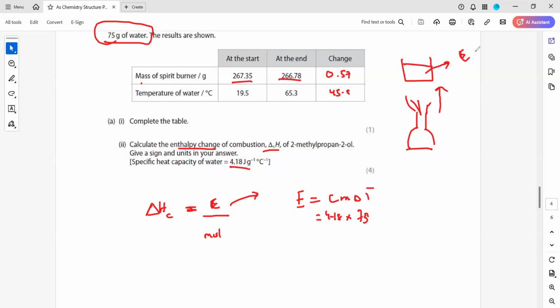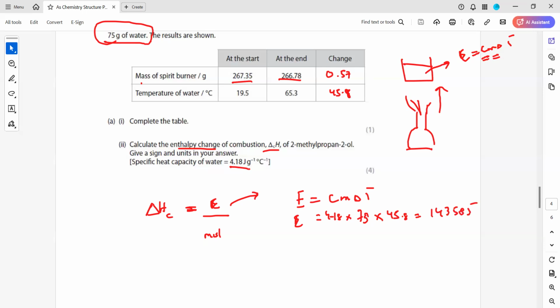So energy absorbed by the water is Cm delta T. C is the specific heat of the water, M is the mass of the water, and delta T is the change in temperature of the water, which is 45.8 here. So we multiply by 45.8. When we multiply all this, we will get how much energy. So 45.8 into 4.18. So we got